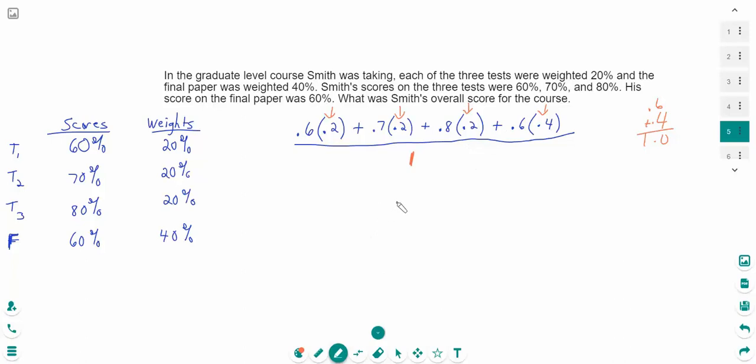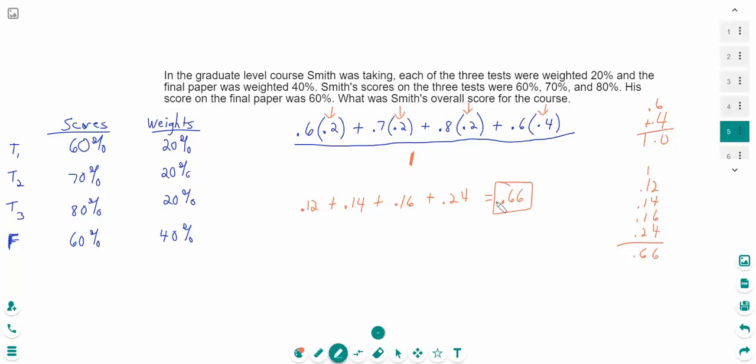Isn't that wonderful? Okay, so now we just need to multiply these out. So what is 0.6 times 0.2? Well, that's 0.12, plus 0.7 times 0.2 is going to be 0.14, plus 0.8 times 0.2 is 0.16, and then plus 0.24. Okay, let's add all those up. We have 0.12, 0.14, 0.16, 0.24. If we add these up, you get